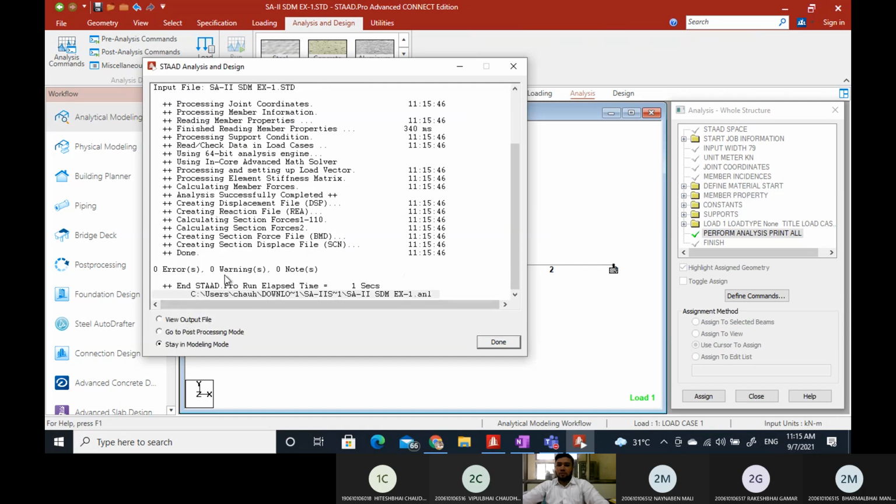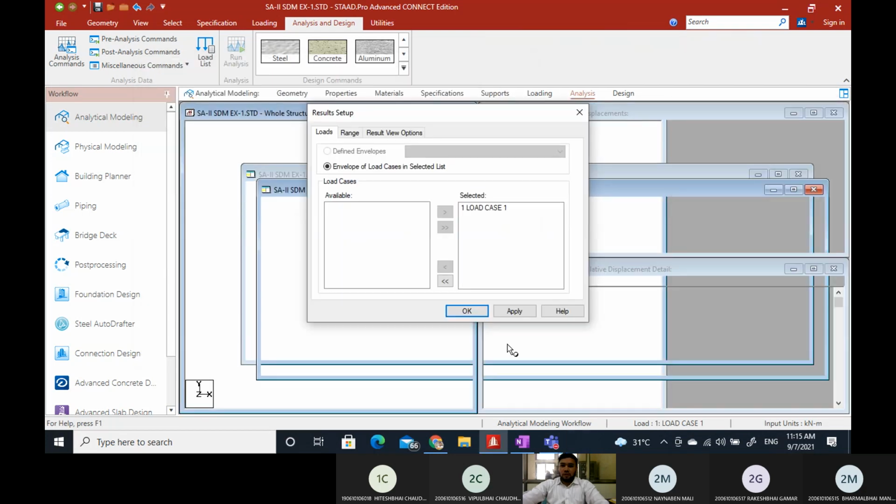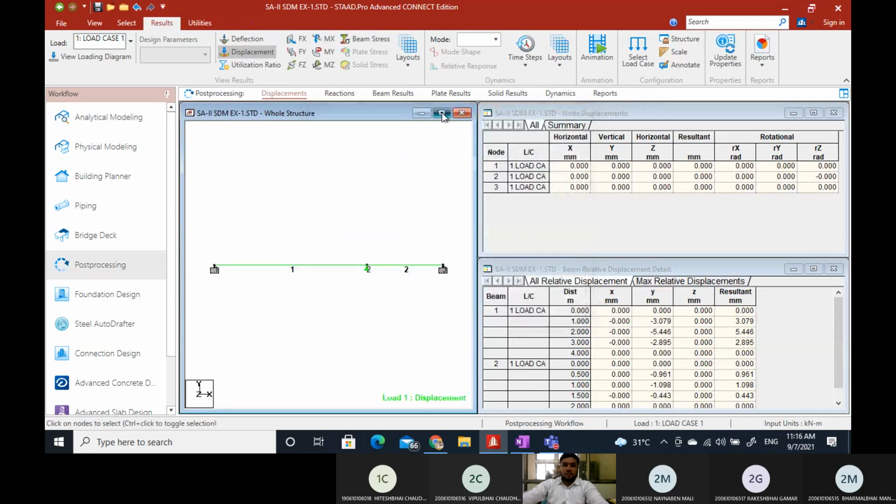There is no error, no warning, so your analysis is okay. Now we go to post processing and we'll find the support reactions.